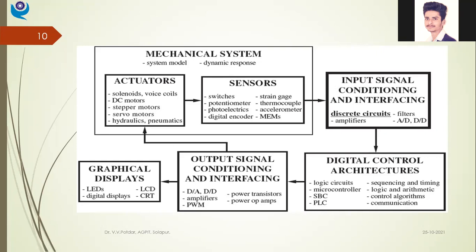Now, when we look at the mechatronic system design of this robotic pick and place system, we'll be using various actuators for actuating these positions. The robot has to start from some initial position, let us say a reference position. From that reference position, it has to come to a designated place from where it has to pick up the object, and then place it at the designated position. After completing that task, it has to come back to its original position. This is the work sequence, so to say.